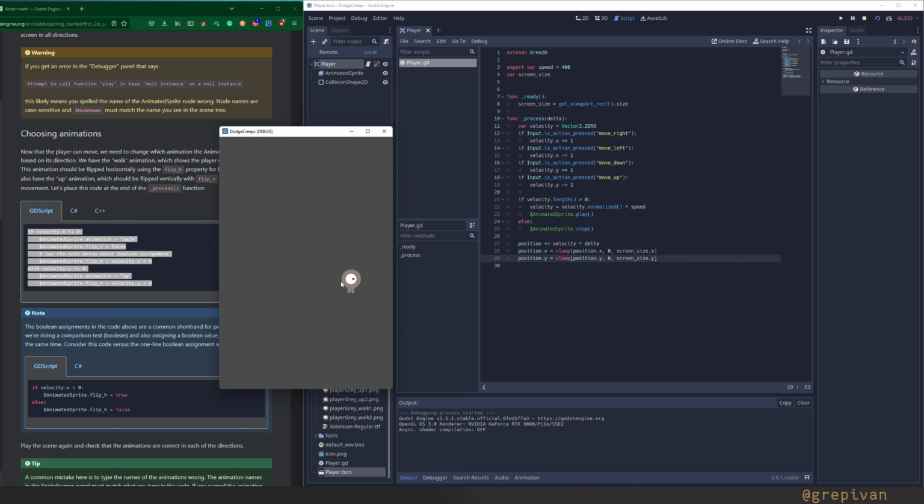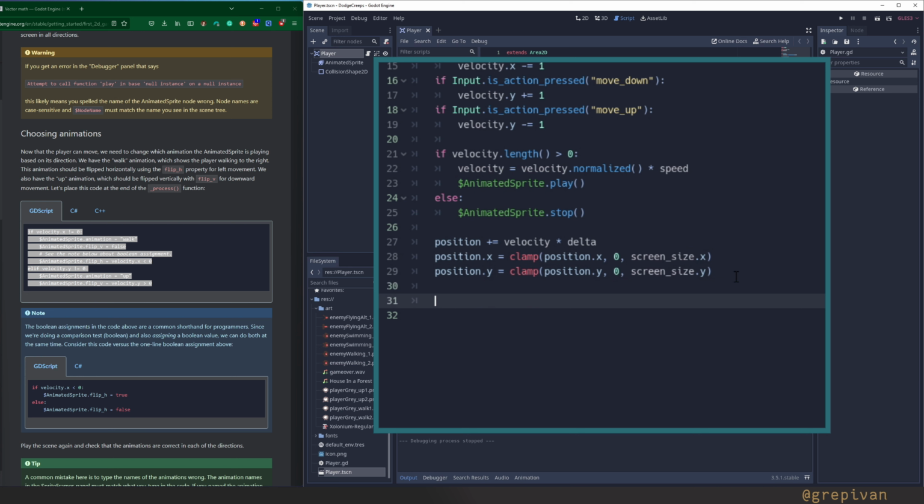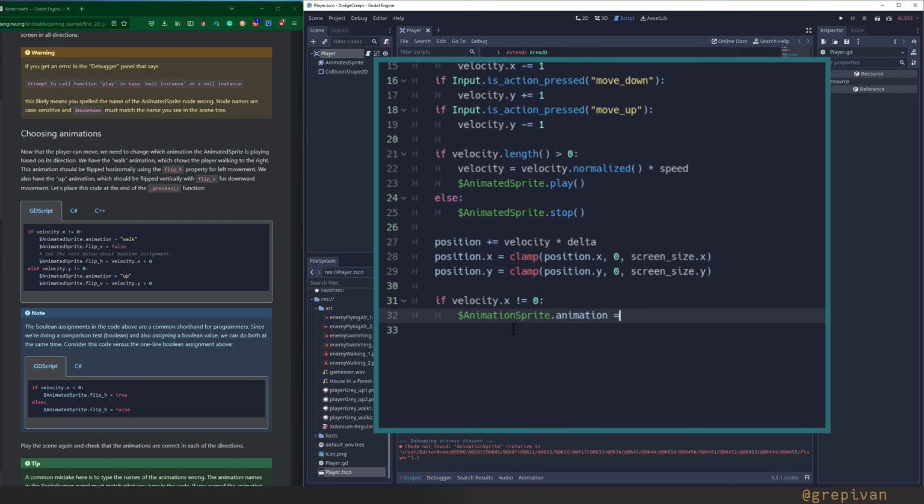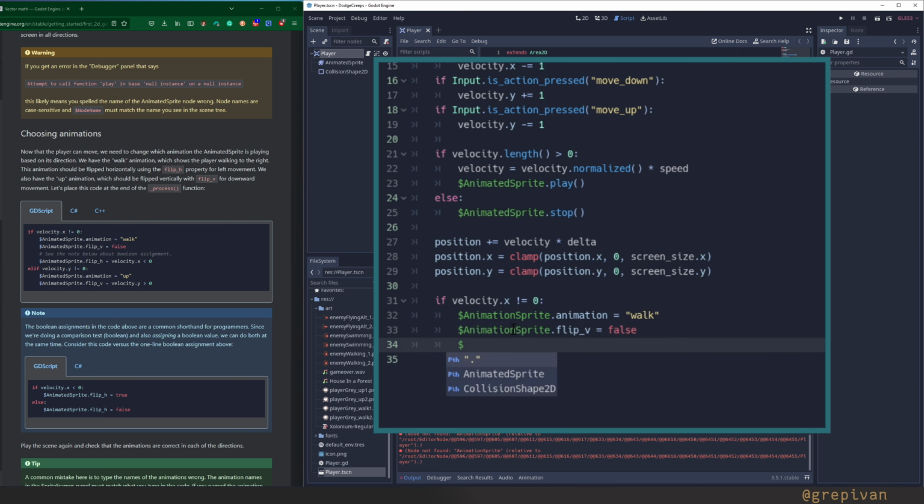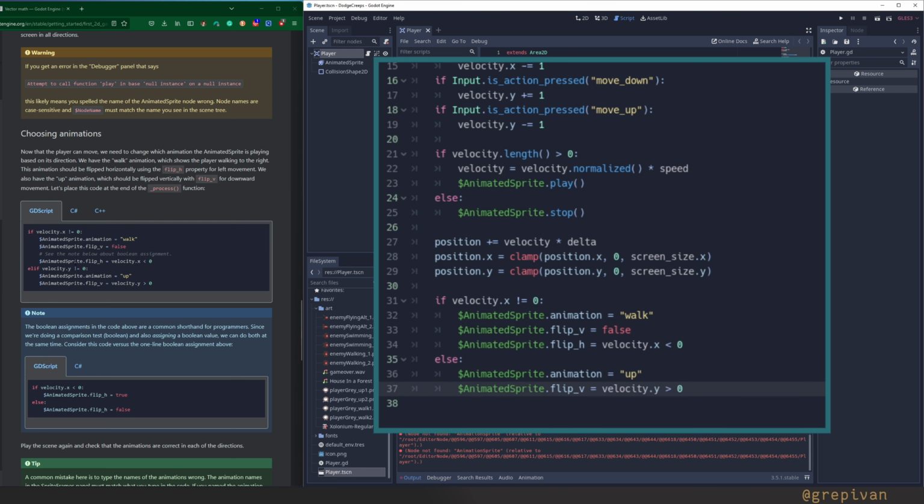But when I'm moving left, I want to see somewhere here. I realized this is not the animation, this is animated. The documentation says that